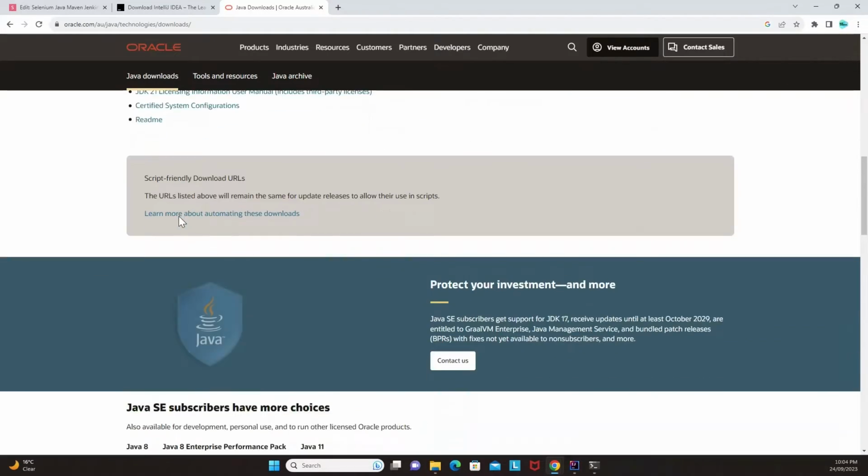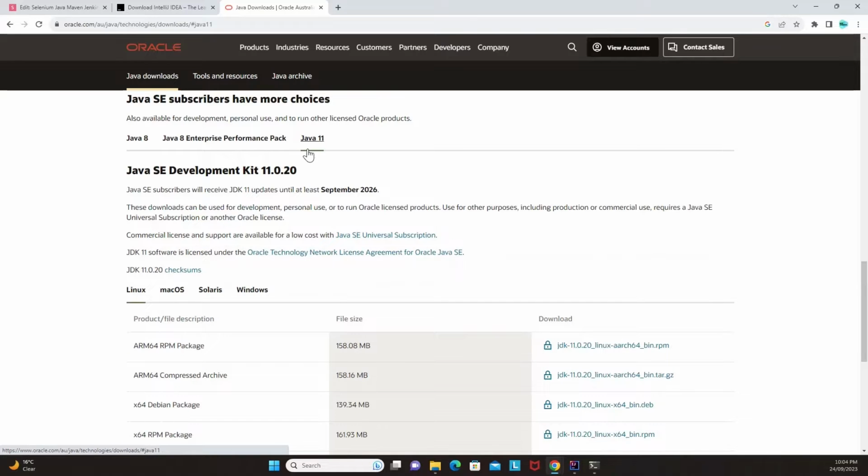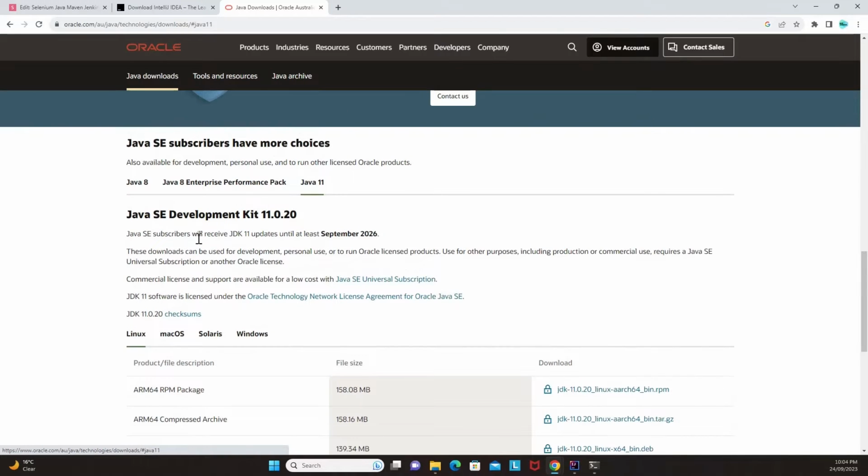Now I just scroll a little bit down and you can see that the Java 8 version is also available and the Java 11 version is also available. Now it depends on what you really need to select. I have selected Java 11 for the purpose of stability. Java 11 is quite stable, and I'll just click on this Java 11 tab, and then there is an option of Java